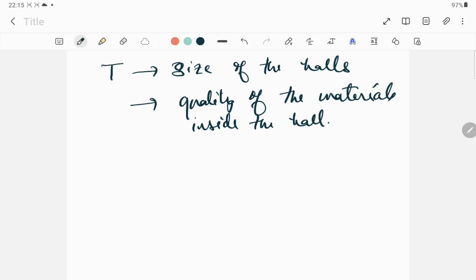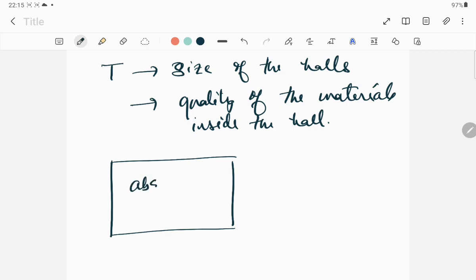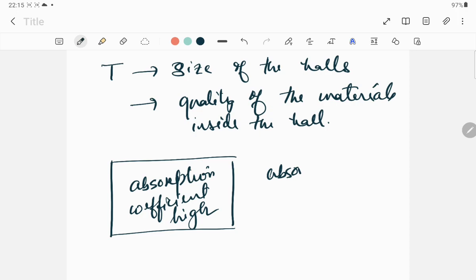So how is it related? Suppose you have a room where the absorption coefficient is high. Absorption coefficient means